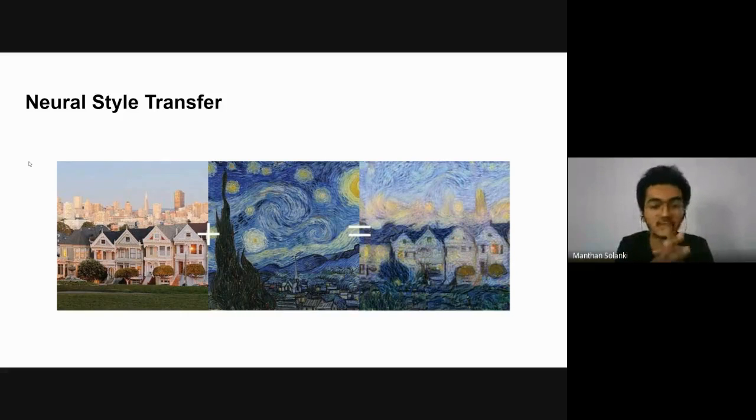If I want the same exact design on my own image, I can use deep learning. I can extract the features from the first image, my content image, and extract the style from the second image, and I will blend them together in such a way that I can get this kind of beautiful image.